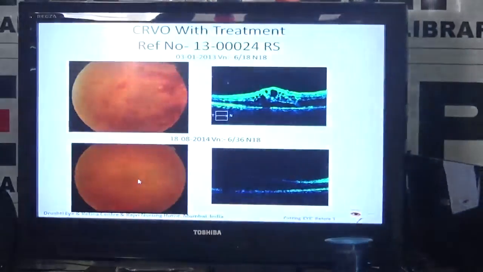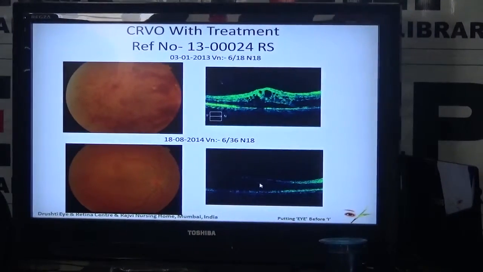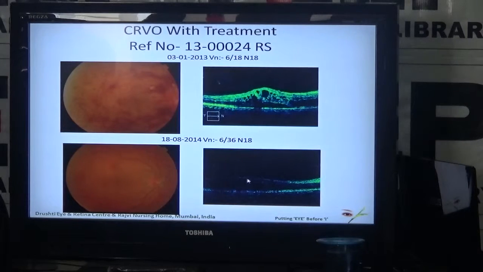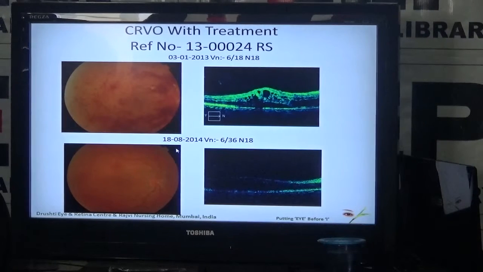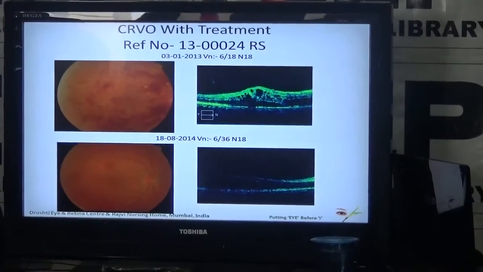However, unlike branch retinal vein occlusion, this is a more severe disease and may take about a year or two for the treatment to be effective, because by that time the clot in the retina dissolves and the collateral circulation starts acting and the swelling may reduce. However, some patients may continue to have chronic or persistent swelling in the center of the retina called macular edema and may need treatment. Laser is also an adjunct in the treatment of this type of disease.